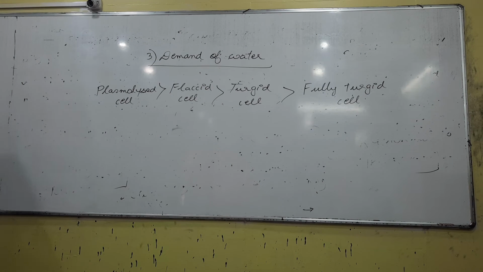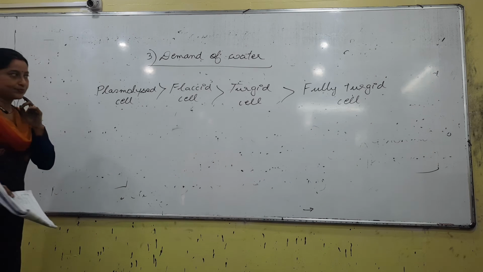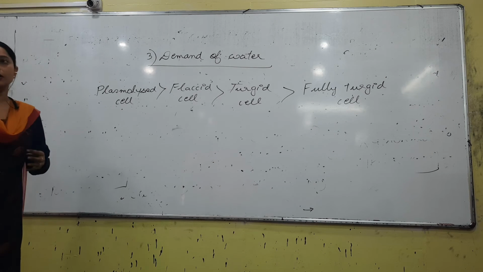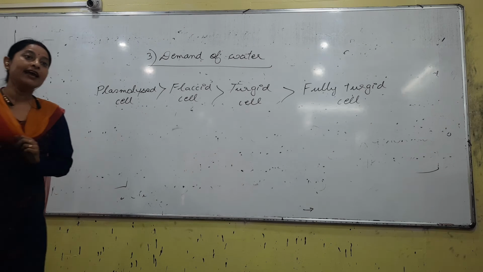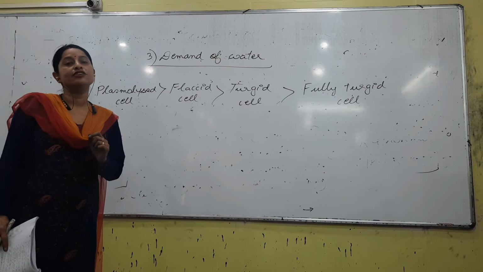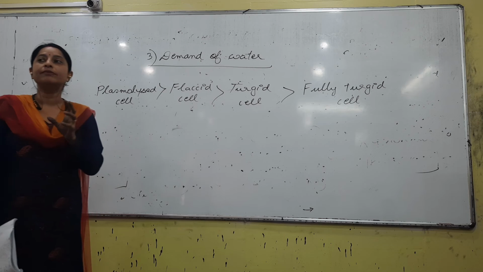So, highest water absorption: plasmolysed cell. Another way to remember is: a plasmolysed cell, once it absorbs a little water, becomes turgid. A flaccid cell has to absorb a lot of water to become turgid. A cell always wants to remain in a turgid condition, it wants to remain swollen,